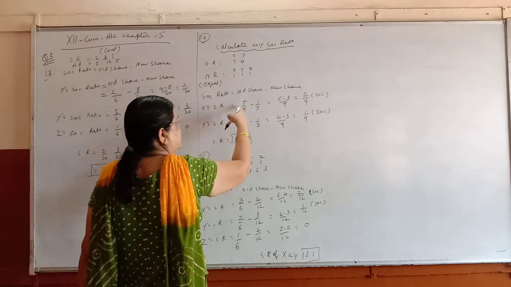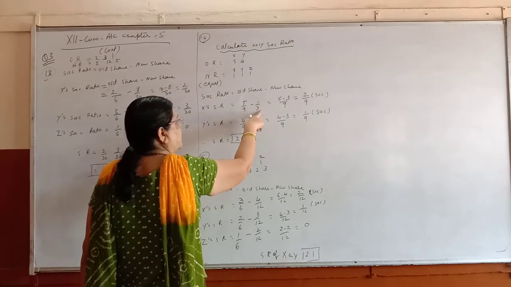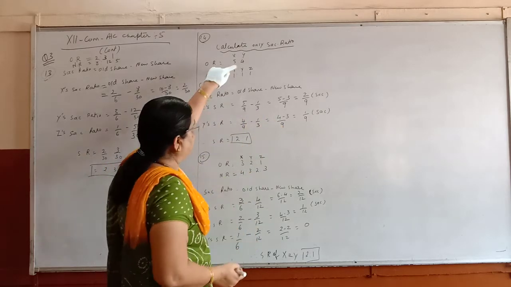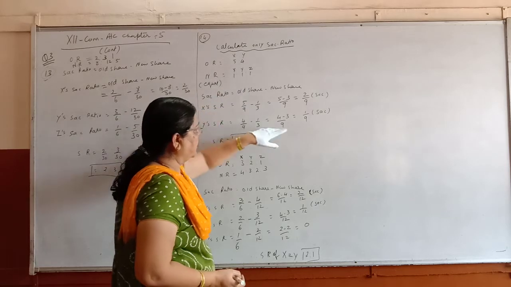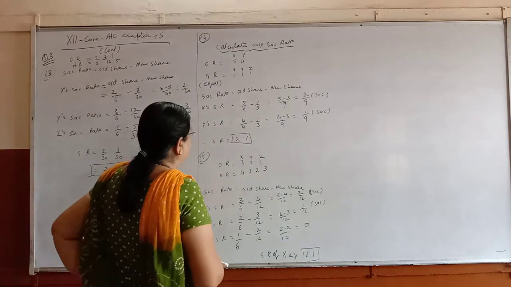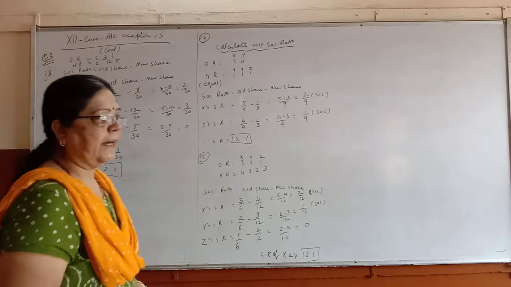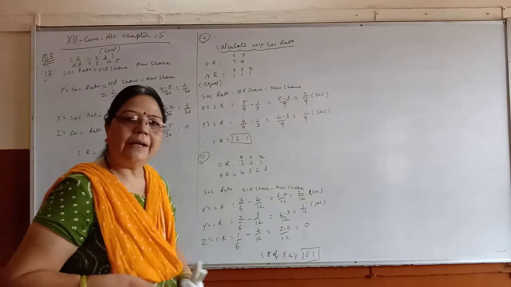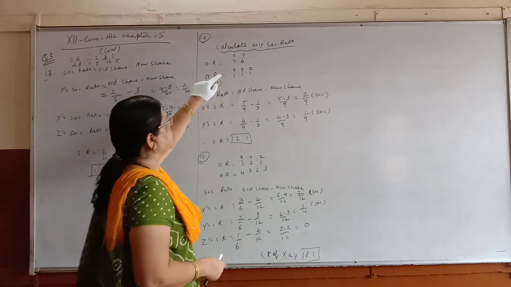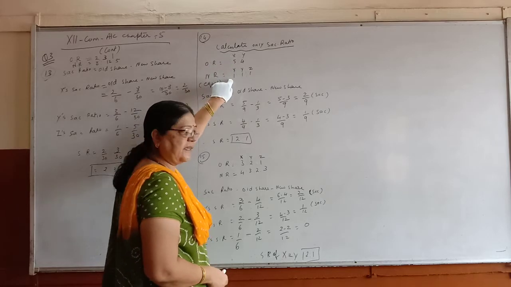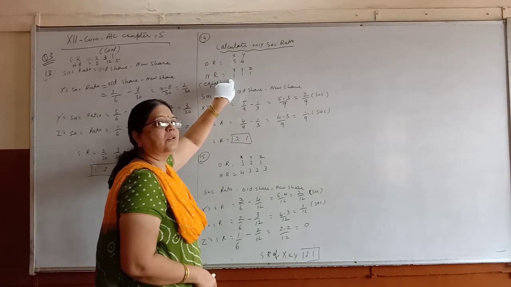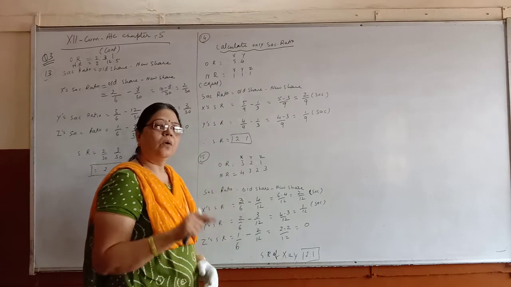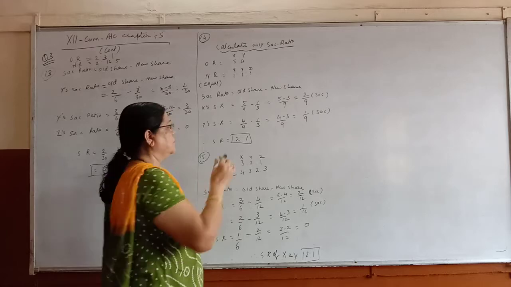So old share of X is 5 upon 9 minus the new share, equally means 1 upon 3. So you will get 2 upon 9 sacrifice. Y, same way, 4 upon 9 minus 1 upon 3 equals 1 upon 9 sacrifice. So Z is the new partner. He will not sacrifice anything. He will get from the old partners. So when in the sum the old ratio and new ratio are given, easily we can find out the sacrifice ratio of old partners by old share minus new share. So this is the sum.